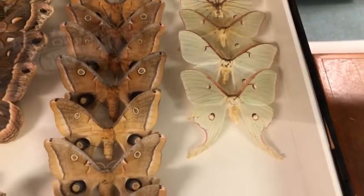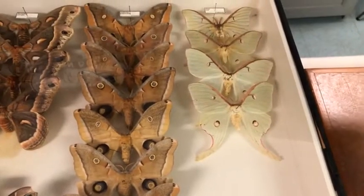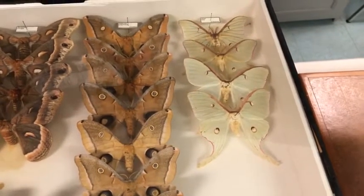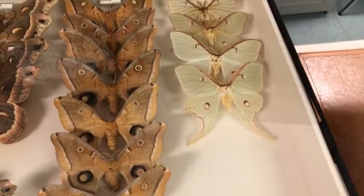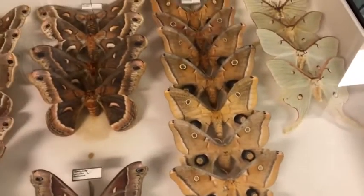So they're alive for about maybe a week. They will reproduce and then they will die. And they basically use those fat stores that they gathered as a little baby caterpillar to survive for that week as an adult. Moving over a little bit, we have,